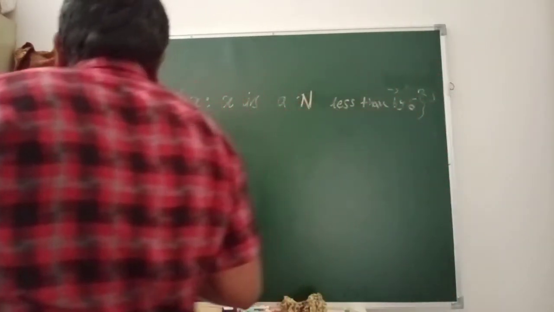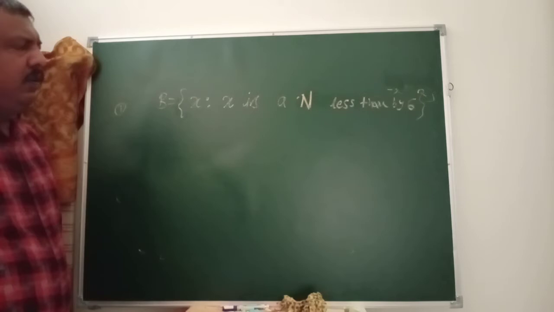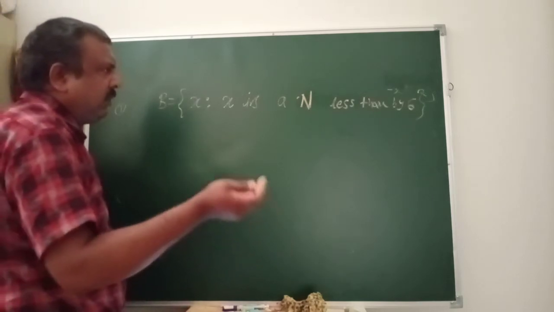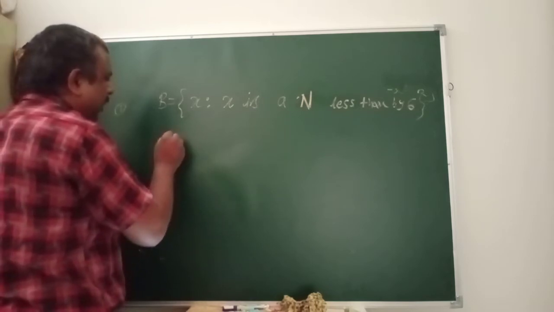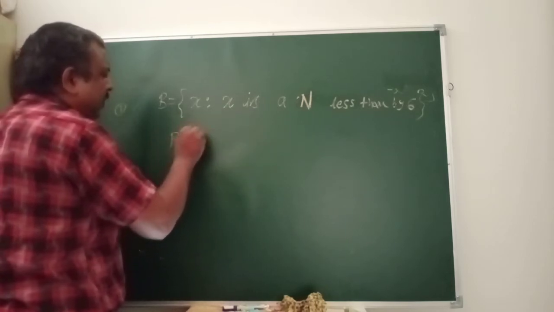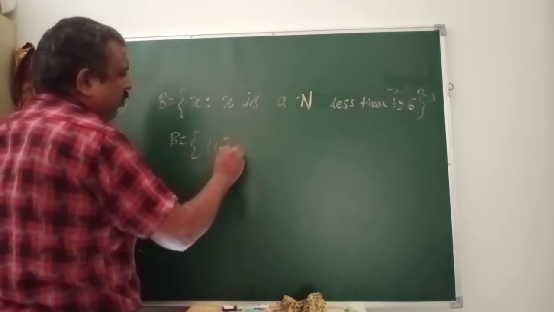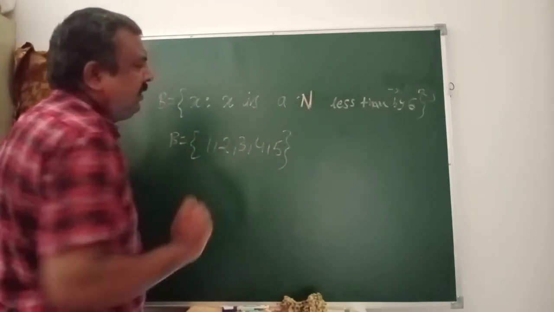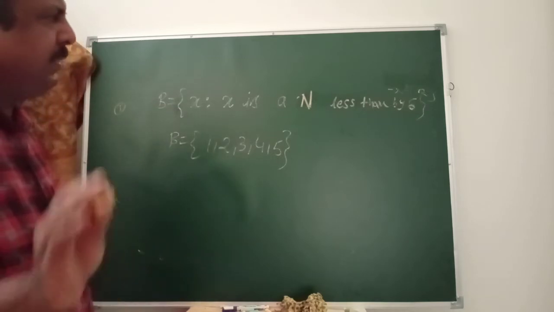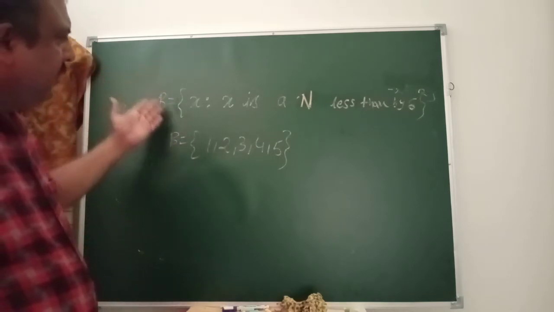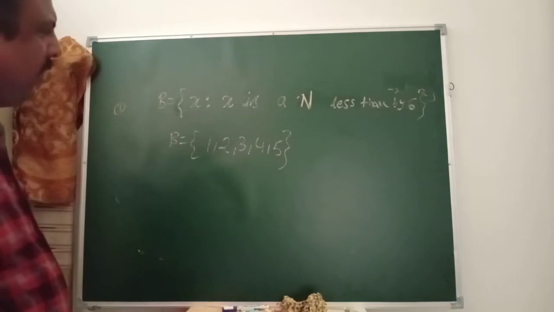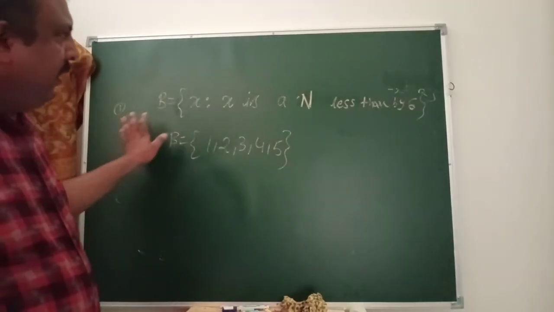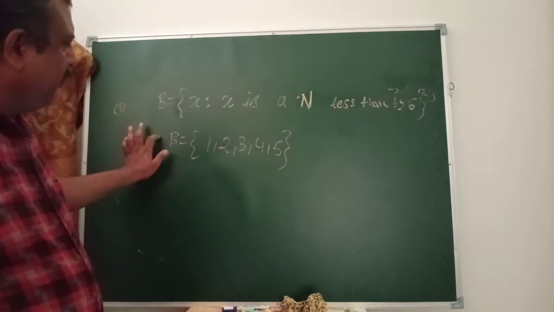by 6. Now, just think about the natural numbers, the countable numbers that begin from 1, okay? So you have to take B is equal to 1, 2, 3, 4, 5. Less than means exclusively, it must be smaller than 6. So this is the roster form, that is the tabular form, to represent the sets. Okay. This is the descriptive way and this is known as the tabular way.